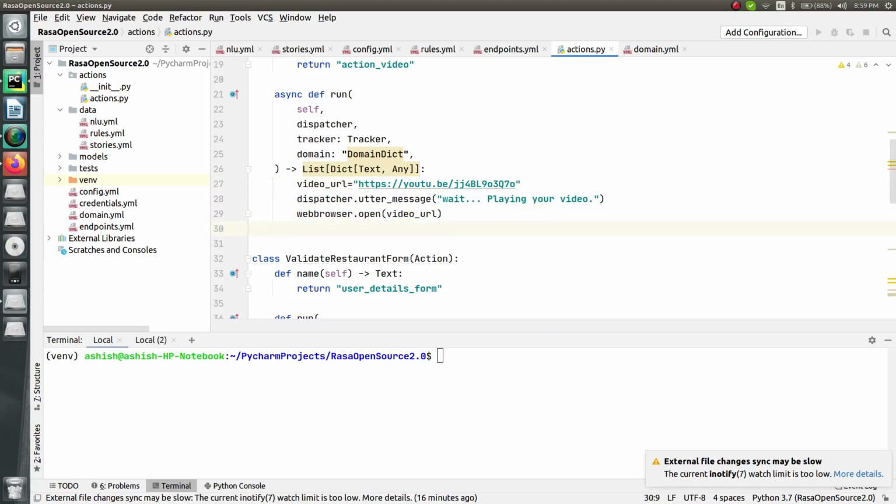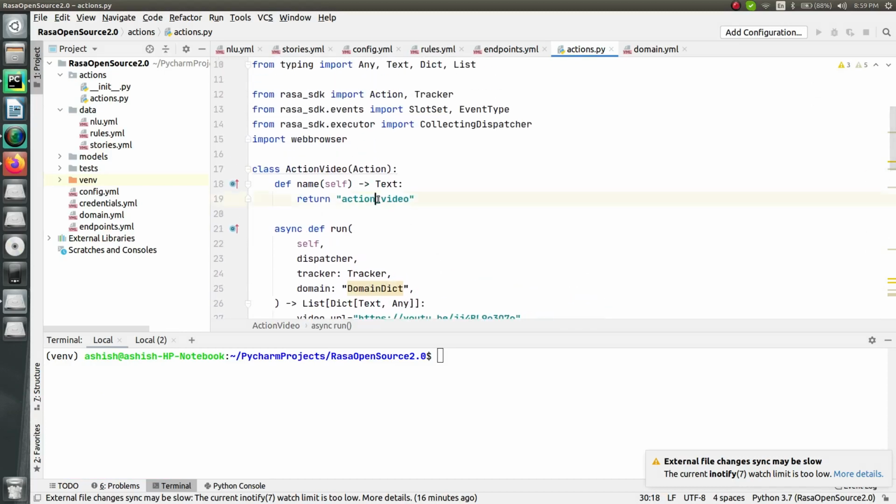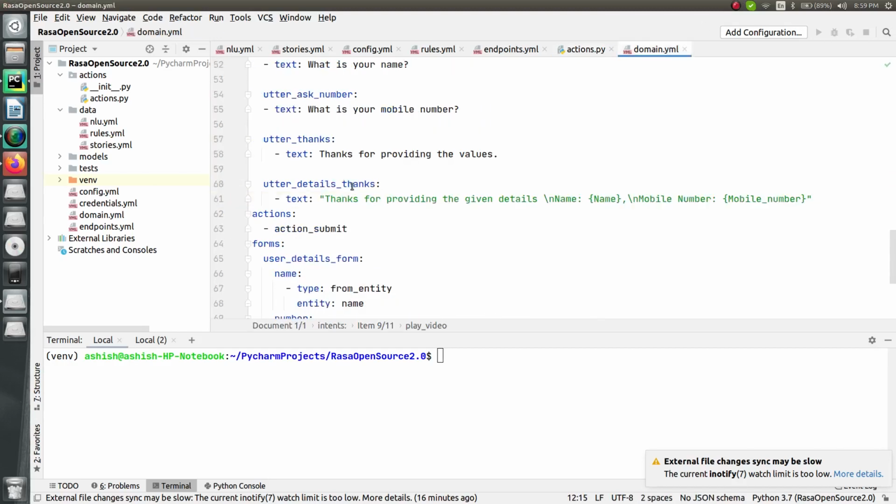Based on this, you can simply open any URL in a browser using your chatbot. So this is how your chatbot can handle this request, right? This is all that I have done. Now just return it. Alright, so everything is done on my end inside the actions file. Now just copy the name action underscore video, go to the domain file, and add it under the actions, right? So I'm done up to this point.